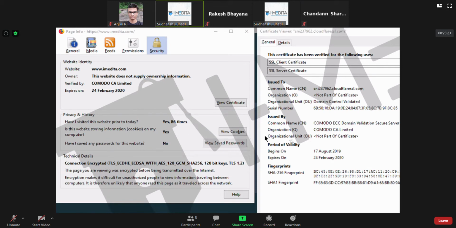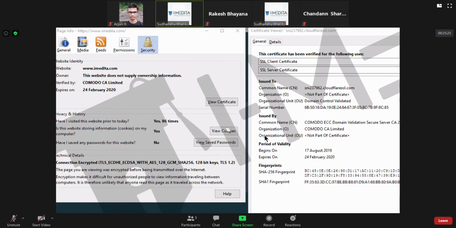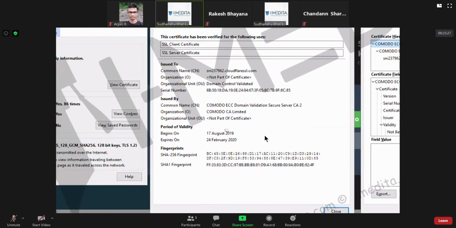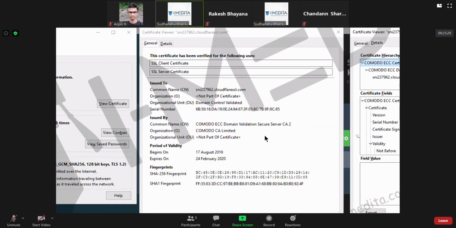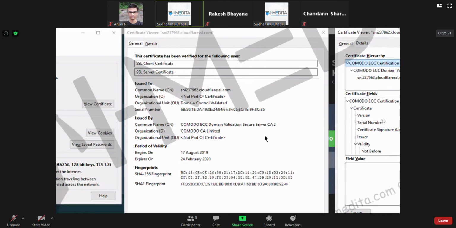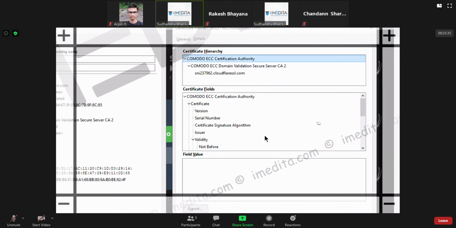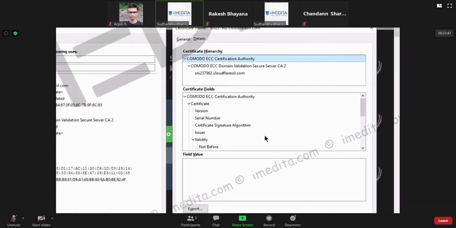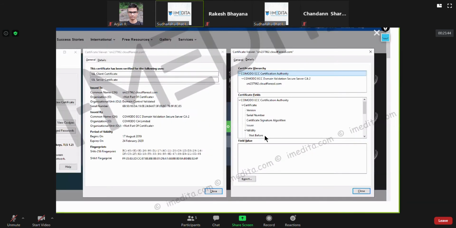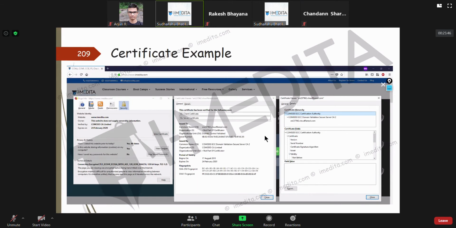How? Actually, we were issued a certificate by Cloudflare, which is another organization. The certificate hierarchy will reveal it further. Cloudflare is getting its certificate from Comodo, which obviously has a self-signed certificate. This is how it works properly. Clear?